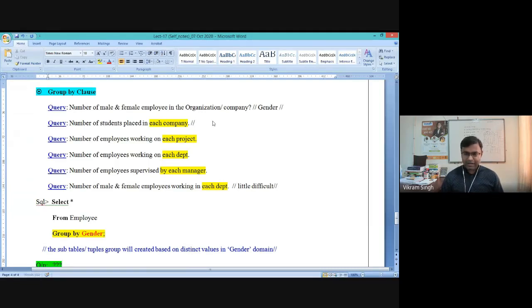Here, for students, we will have the group by attribute as company name, right. Here we will have the group by attribute as project number perhaps. And here the group by attribute could be department, D number, and here it could be super underscore SSN.